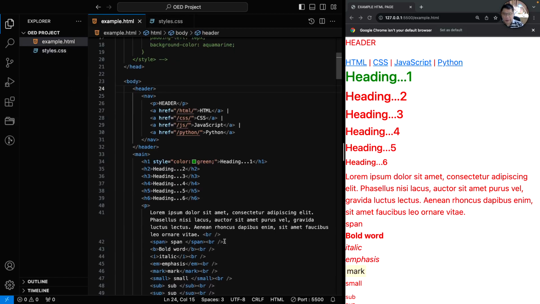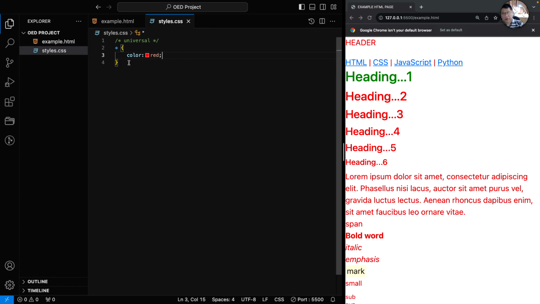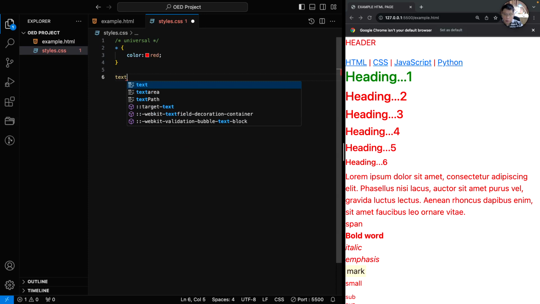We have heading 1 inline, so it has priority. So now everything is red, because we did the universal selector. Now we have the, as I told you,